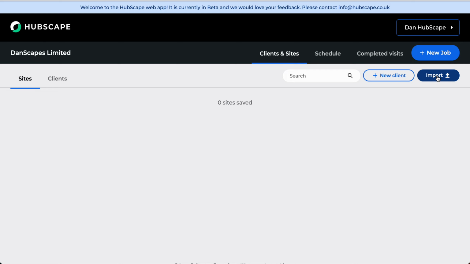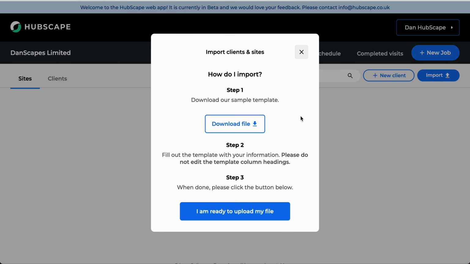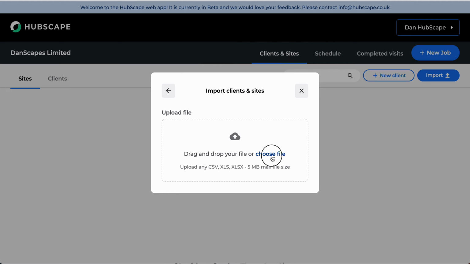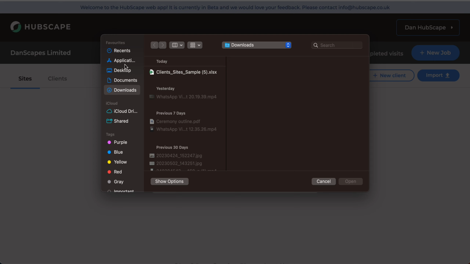So if you go to the import button here, you can download a file, which is a spreadsheet, which we've templated for you. So you can add your client names and your site postcodes in there. And then once you've done that, like I've already done, you can upload this directly to HubScape, and